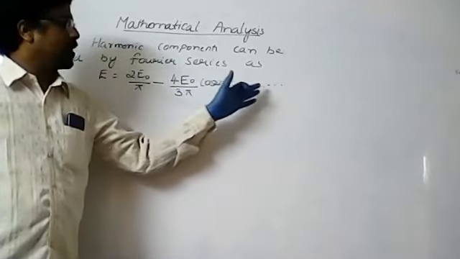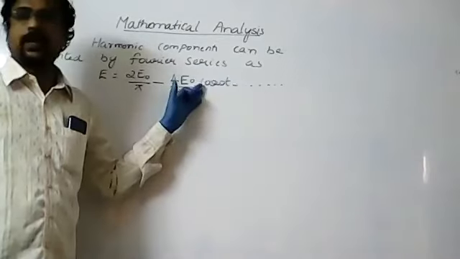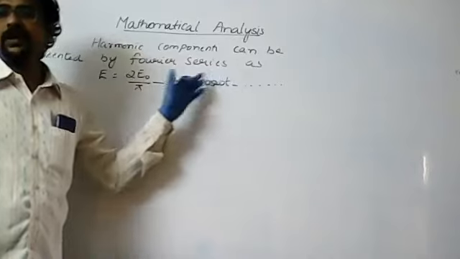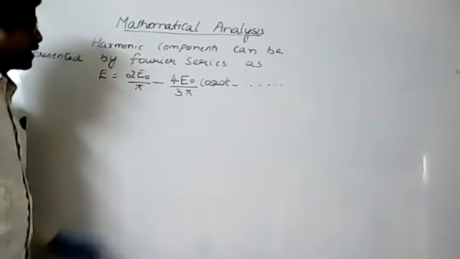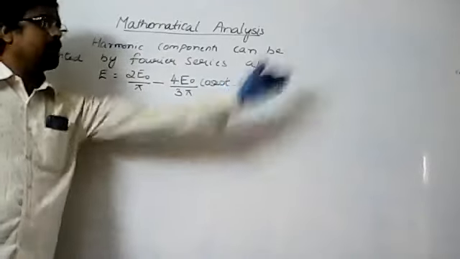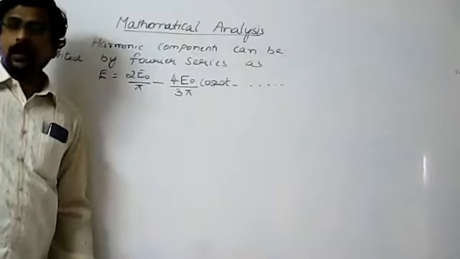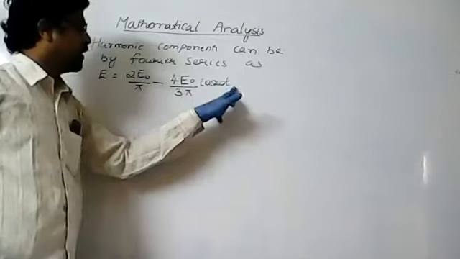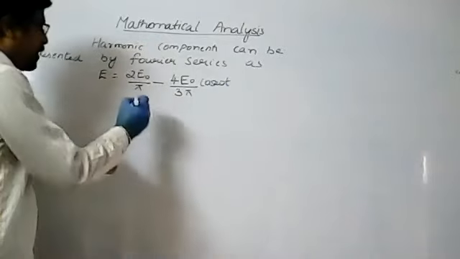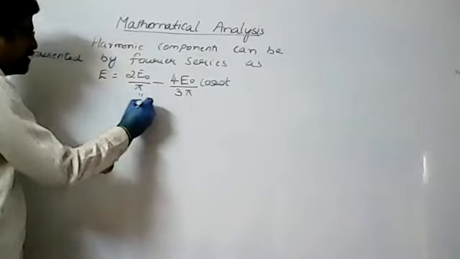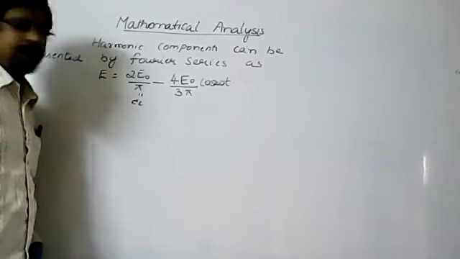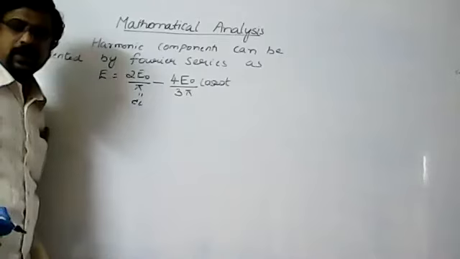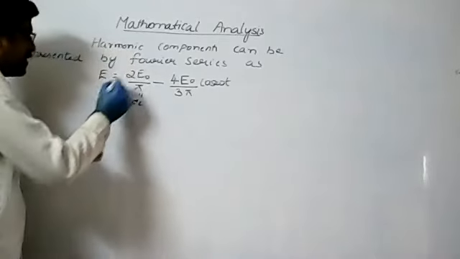If you compare the fourth harmonic with the second harmonic, it will be 20 to 40% less than the second harmonic. That is why we are eliminating all other higher harmonic components. Only we consider these two, wherein this is the DC, because there is no sine or cos term. So hence it is a DC.